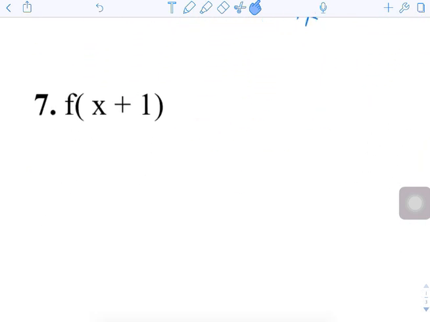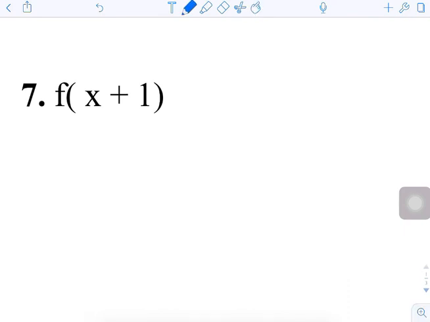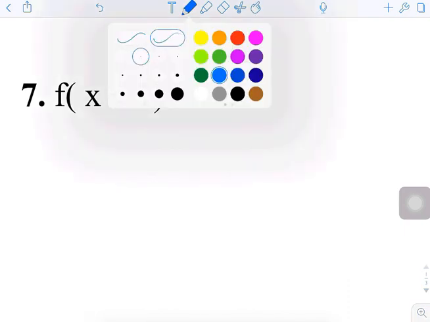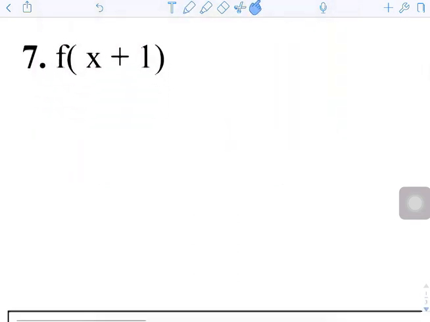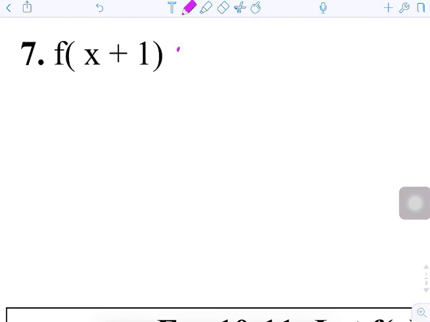So let's take a look at number 7. Let me change the color. Let's go with purple. Okay. So if I'm putting a function within a function, let me write down my original function. This one we're going to go outside in. I'm going to go from outside. Unlike previous questions, number 1 to 6, where we do inside out. So this is what we're going to do. We're going to write down the original function,